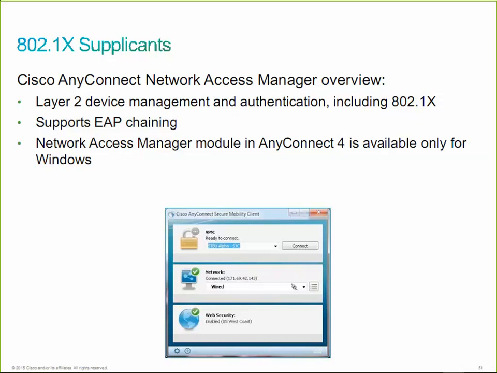So that will support PAP and CHAP and MS-CHAP and MD5, a whole bunch of different inner tunneling methods that get carried over EAP-TTLS. We can use the native supplicant on Windows, but you're not going to get all of those connection options that you would get with the AnyConnect